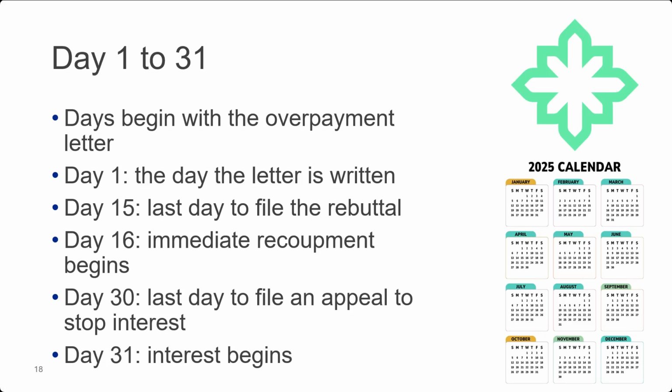Now, interest begins on day 31 to be assigned. If we agree with you, the interest will be waived and the accounts receivable closed. If we don't agree with you, we will apply the interest and also open the accounts receivable and begin the offset, depending on what happens. So a lot of different things begin to go back and forth.